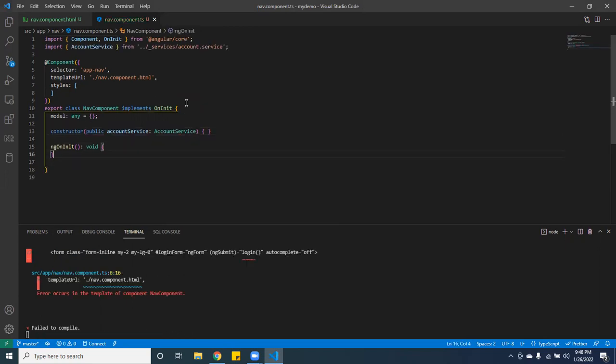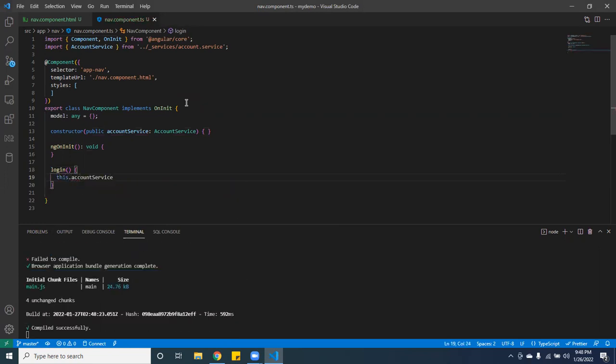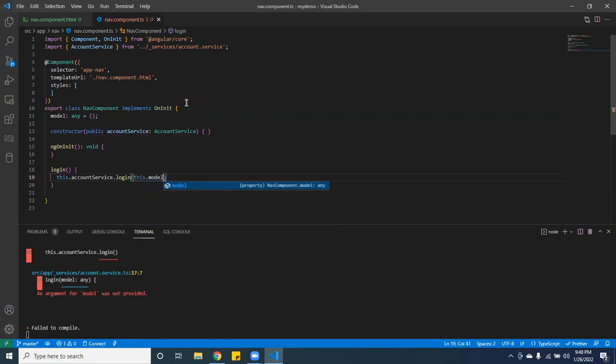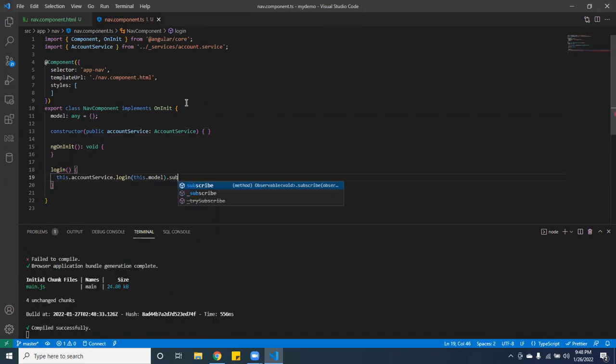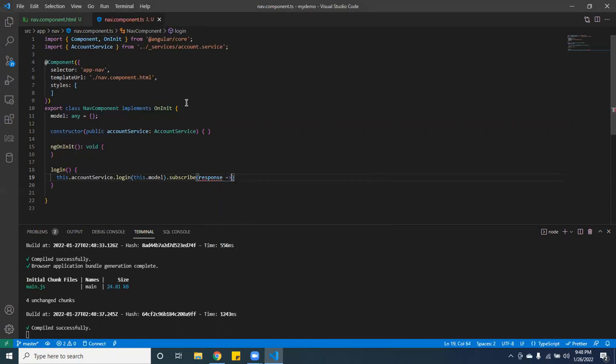And here, the very first thing you want to do is create a function for logging in. This one, you want to pass the account service, and you want to pass the login function. And this one is going to be this model. And then you want to subscribe to that, so that way you can get the response. Once you get the response,